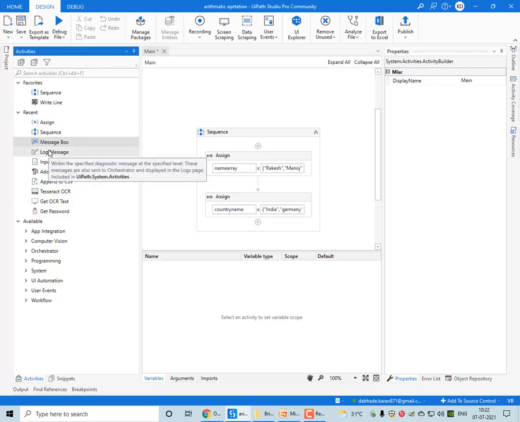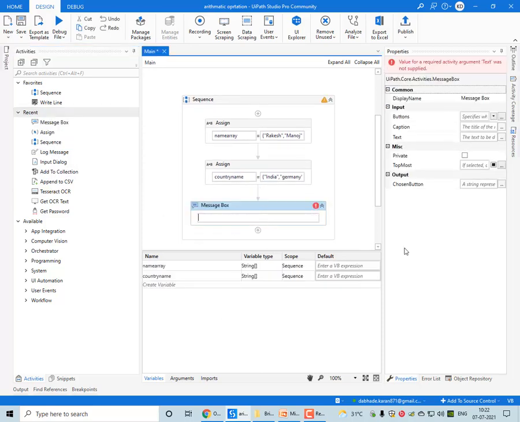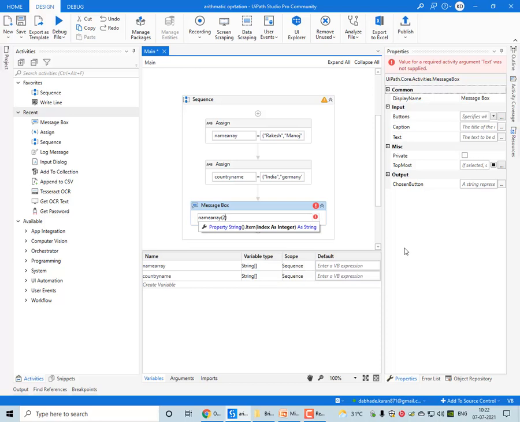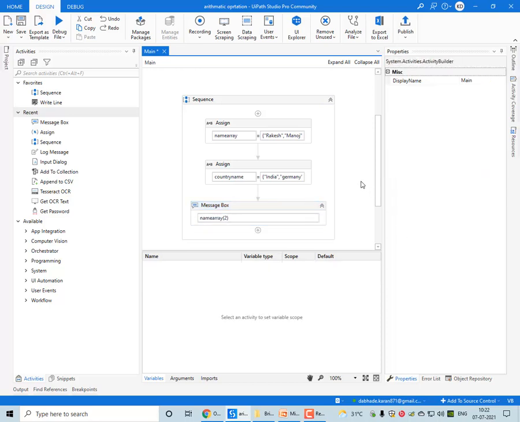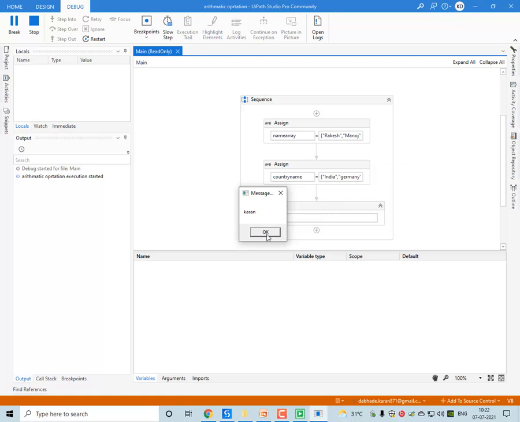Now I can take either a log message or a message box. So simply what I will do, for example, I want to print the name at the second position. So let me run and show you. So the answer is Karan. Why?